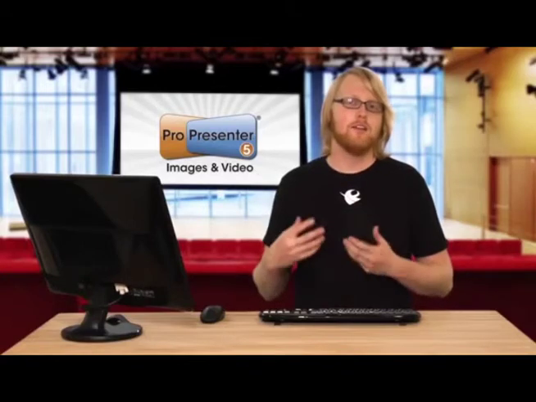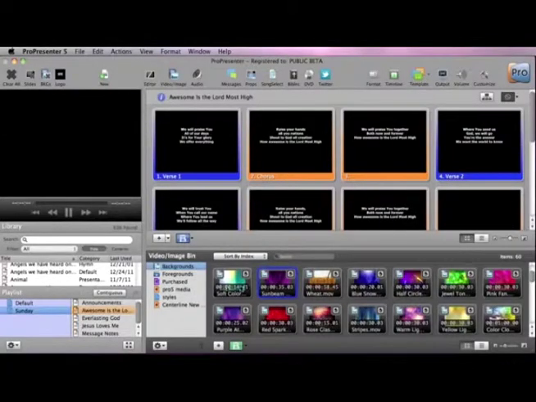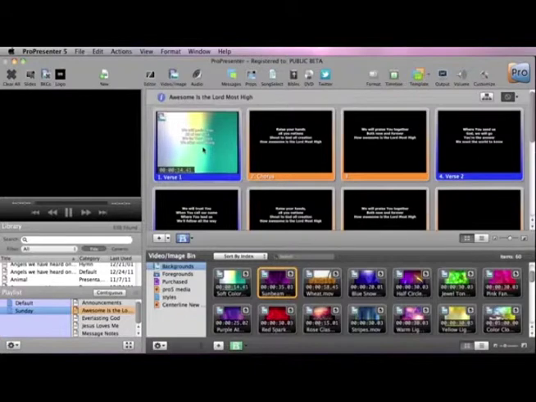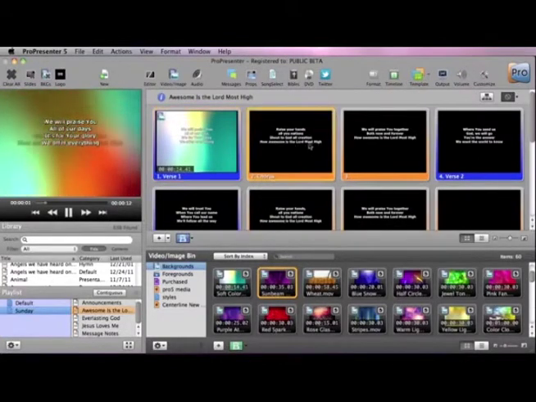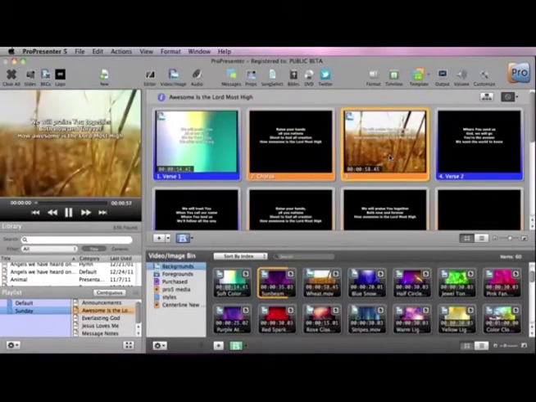Last, let's look at how easy it is to add media from your image and video bin to playlists and to documents. So we're going to grab this soft color, and all we have to do is click on it and drag it to whatever slide we want it to be the background of. When we drag it into a slide, it will automatically be the background, and when you click it, it's going to show that background, and it will hold that background until a new background shows up in another slide, and